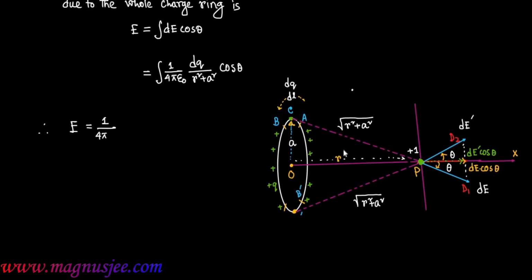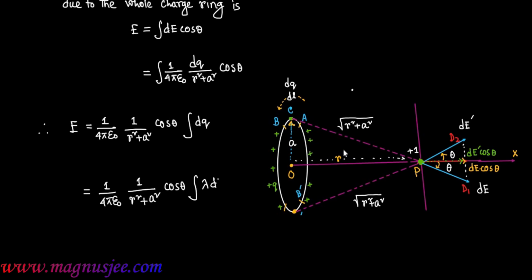Therefore, E equals 1 by 4 pi epsilon 0. 1 by 4 pi epsilon 0 and r square plus a square are constant, and cos theta is also constant. They can be brought outside the integration. Then integration dq equals 1 by 4 pi epsilon 0, 1 divided by r square plus a square, cos theta,